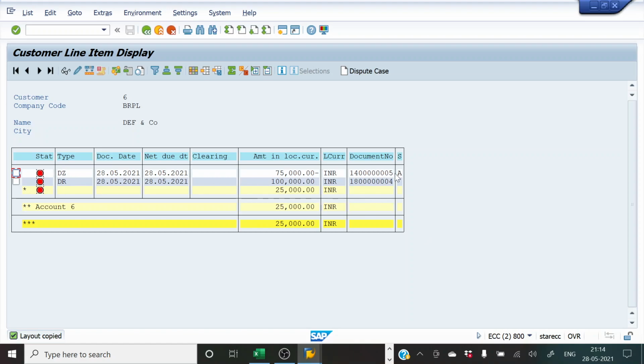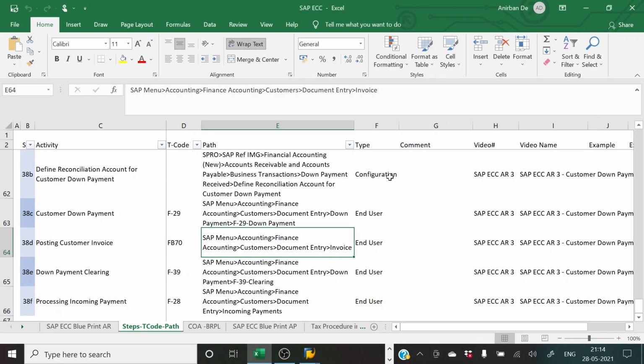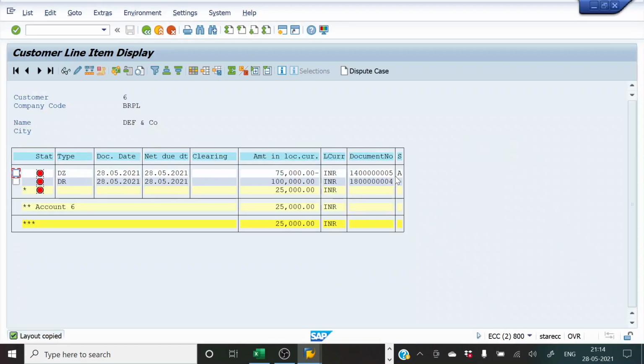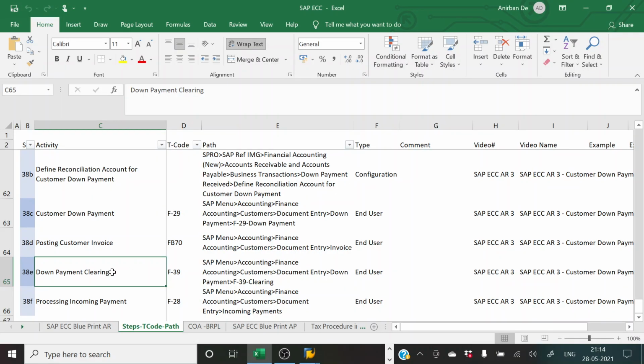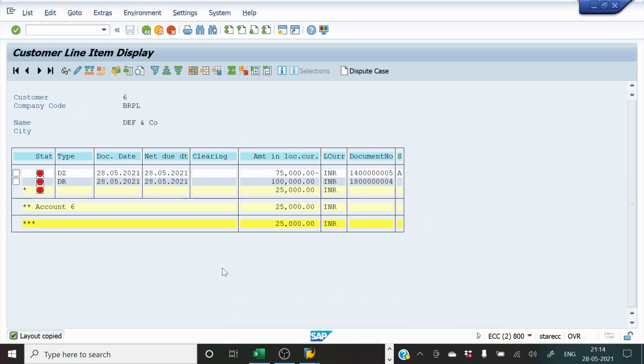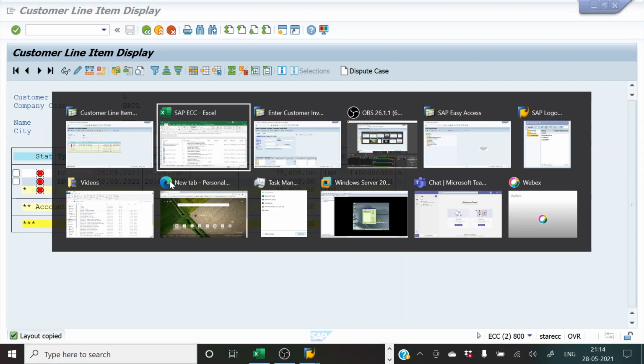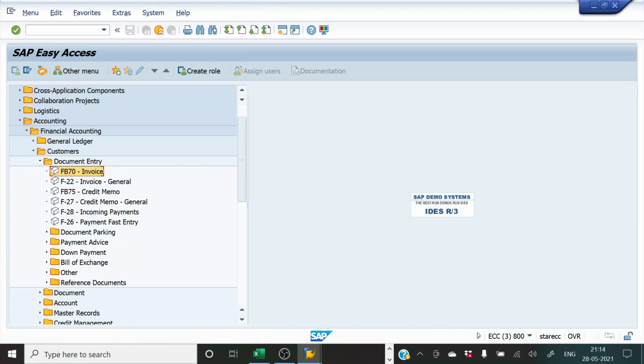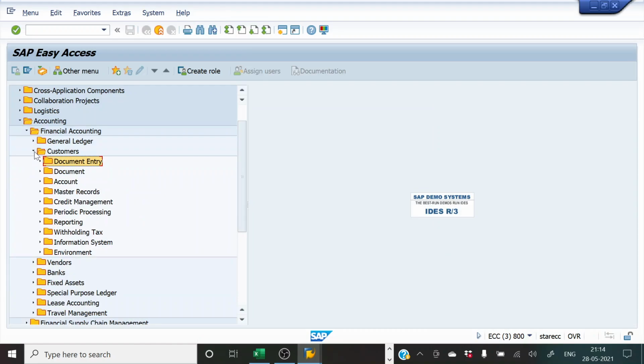Now we are done with the fourth step. Now what we are going to do is, when you see this special GL indicator, we are going to clear this off. So the fifth entry would be clearing of the down payment. So the T code would be F-39, and the menu path here is the menu path. So we'll go through the menu path. We will leave this screen as it is because we have to come back again here to check the customer line item. Instead, what we will do is that we'll go out of this screen. We'll collapse it